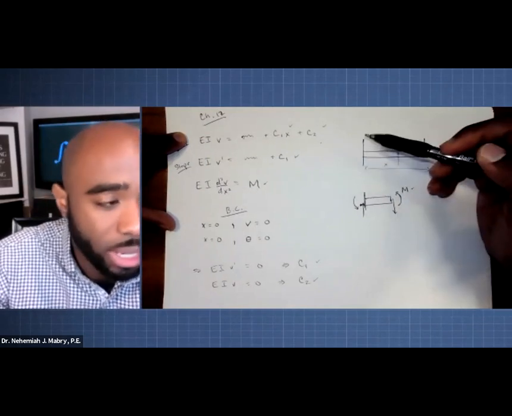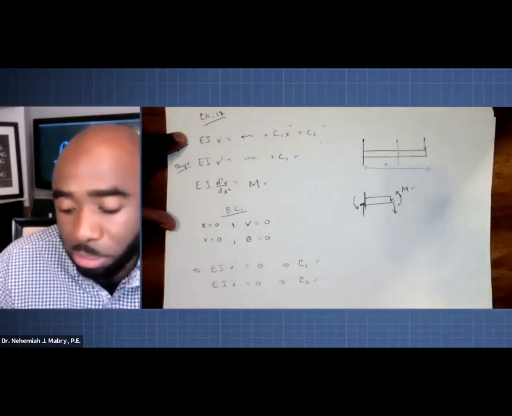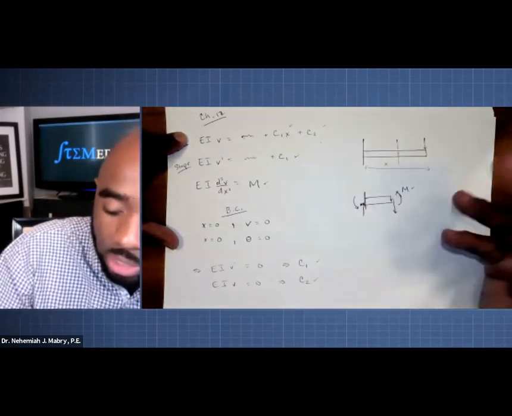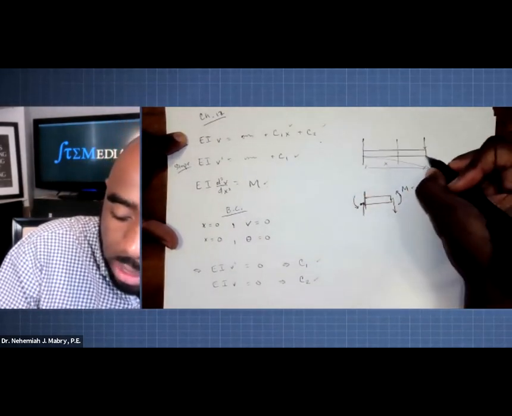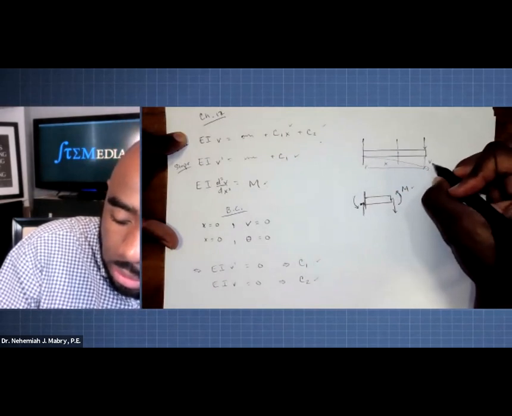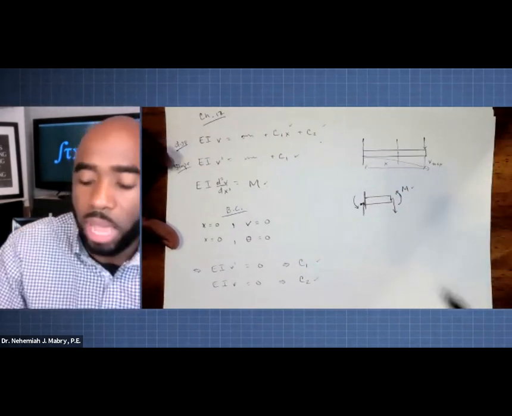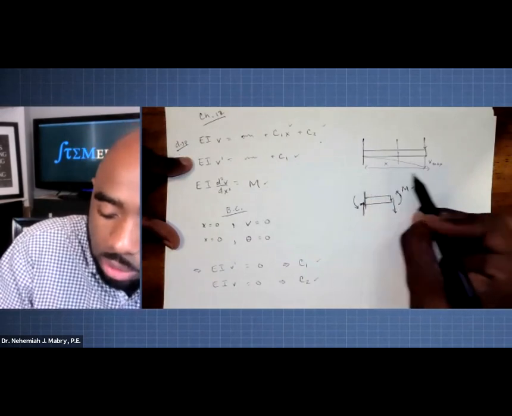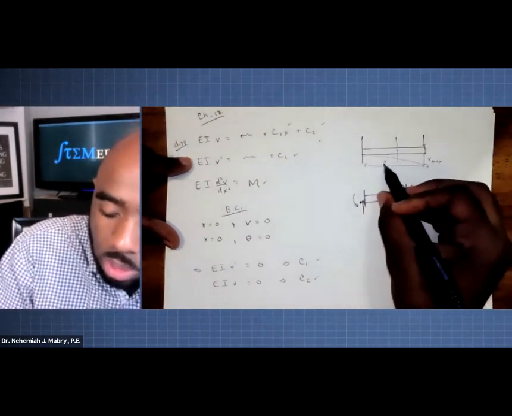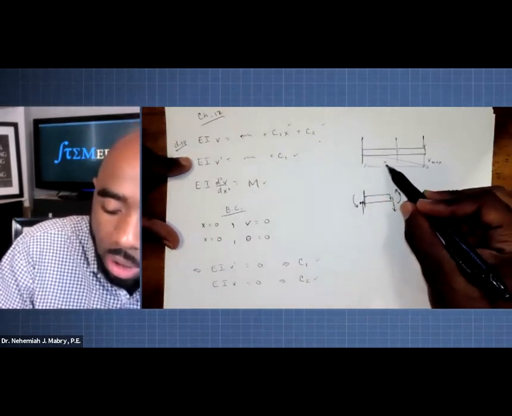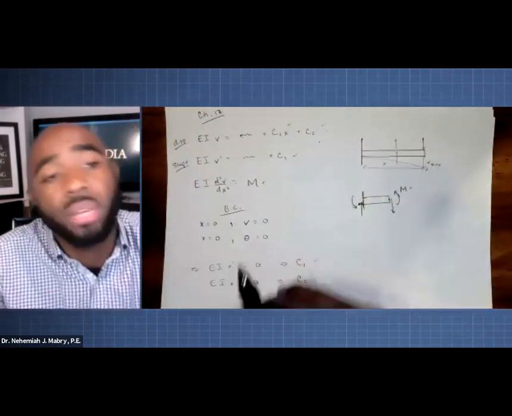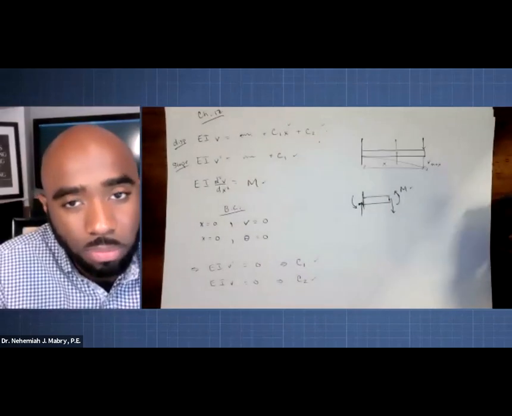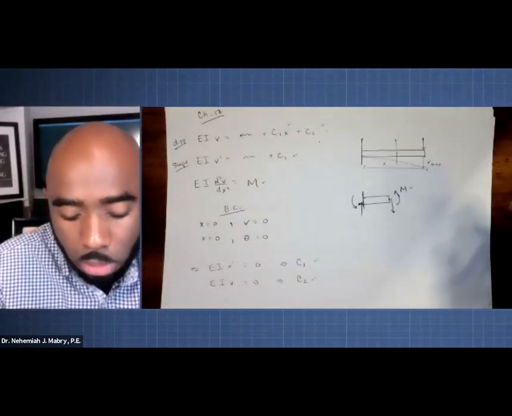Now, after that, they may ask, what is the maximum? Well, now that you have your equations, if you had this case, you know that the maximum displacement is happening at the end. So now you're going to go back and ask, what is the length of this entire thing? What is this L? I'm going to plug in L for x into my actual equation, and that's going to give us the maximum. That's chapter 12.